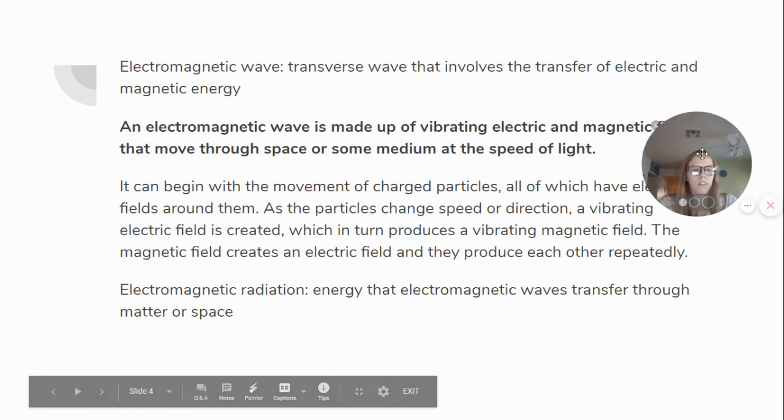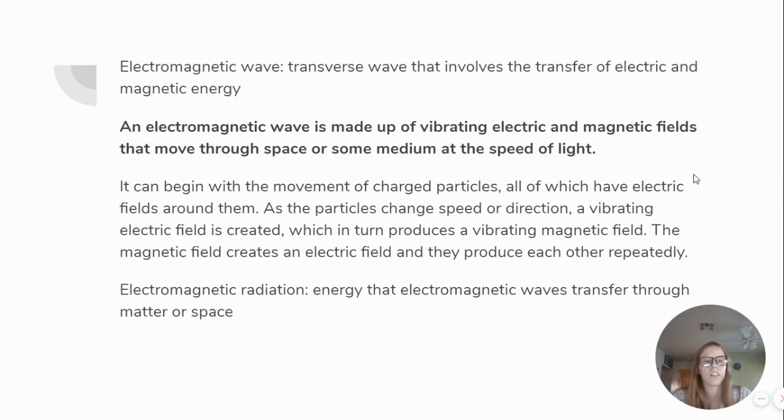I'm going to put myself all the way down here at the bottom so you can see all the words. An electromagnetic wave is a transverse wave that involves the transfer of electric and magnetic energy. An electromagnetic wave is made up of vibrating electric and magnetic fields that move through space or some medium at the speed of light. So it can begin with the movement of charged particles, all of which have electric fields